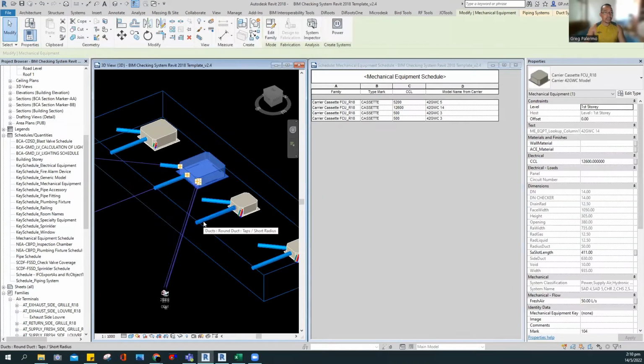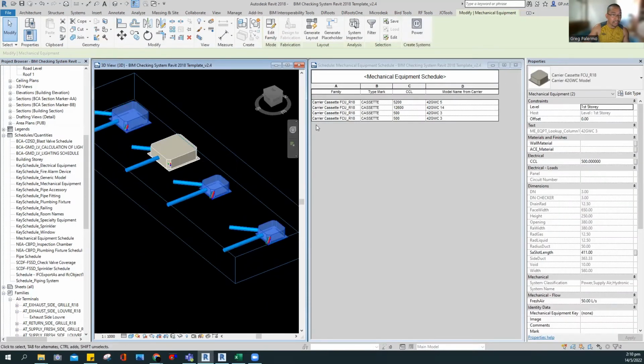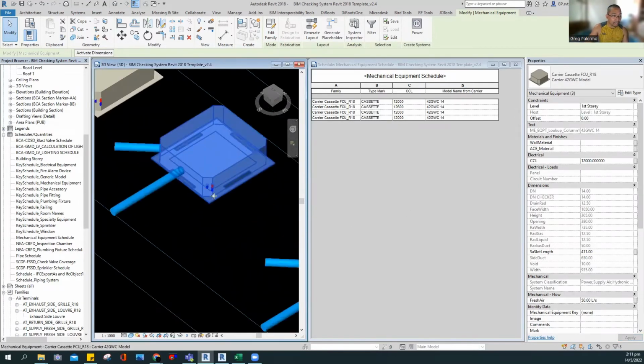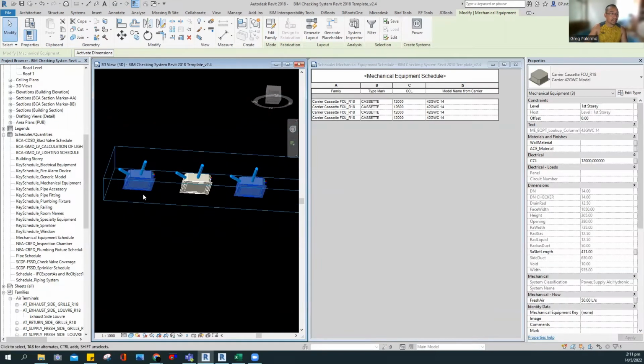Okay. So we're using the cooling capacity here. We're not using the flow here. So the same with this one. If we change this, select this one all, and then change the cooling capacity here to 12,000. Okay. All will change and update. See, and then the connection. So in the schedule also it will update. So same